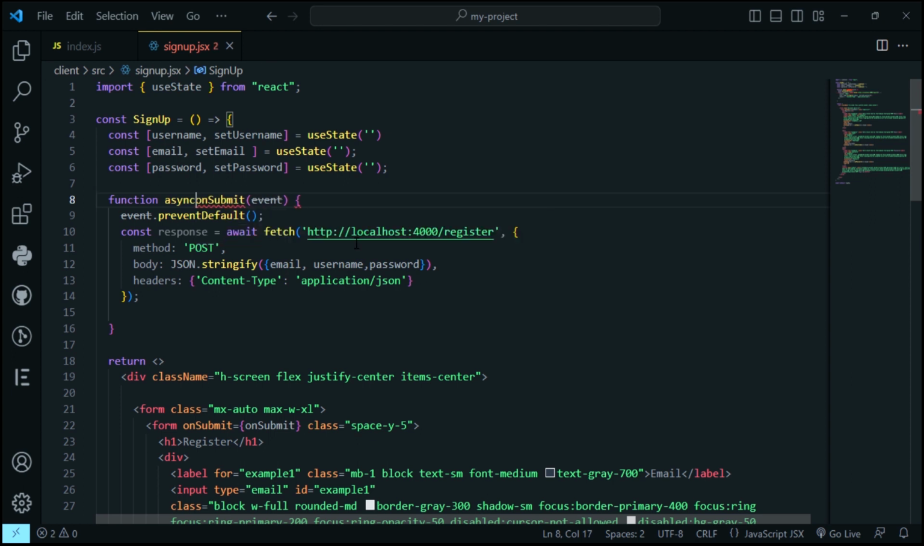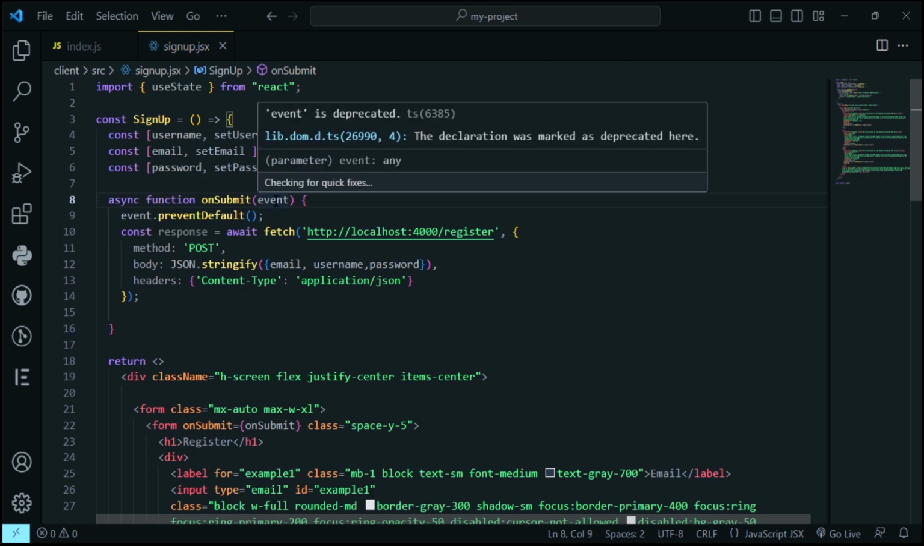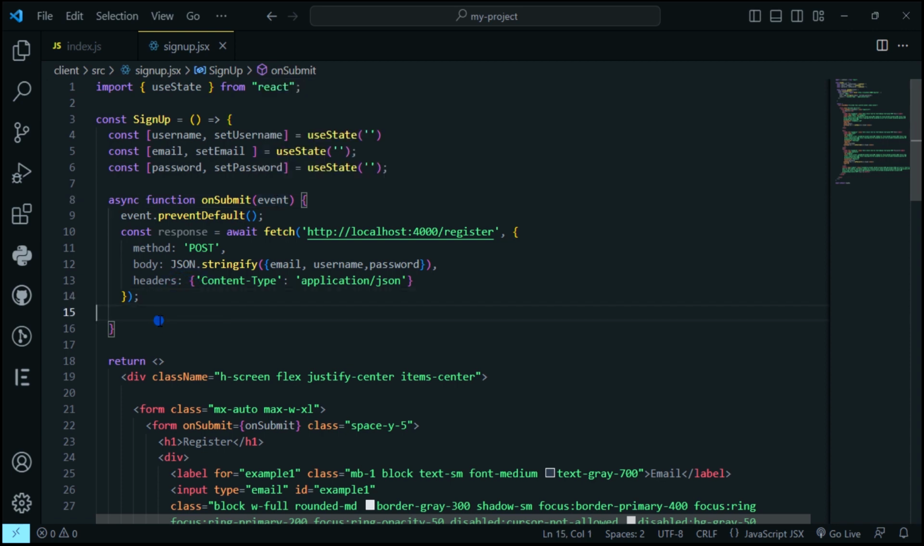Async on submit, no, it's not there. Here, it's going to be an async function, like that. And now you have the error. Let's see, event is... that error is fixed. So what we want to do, we want to first check if the response we just